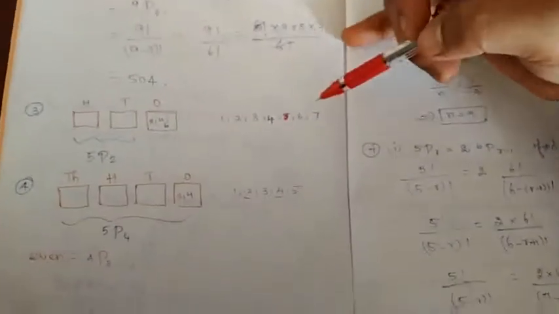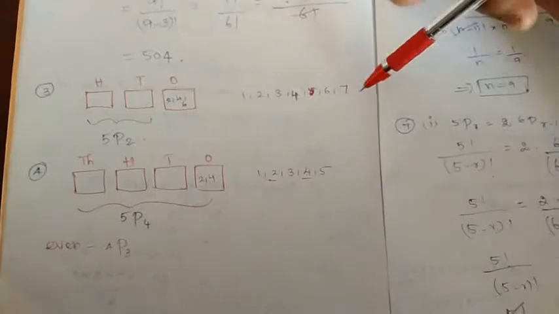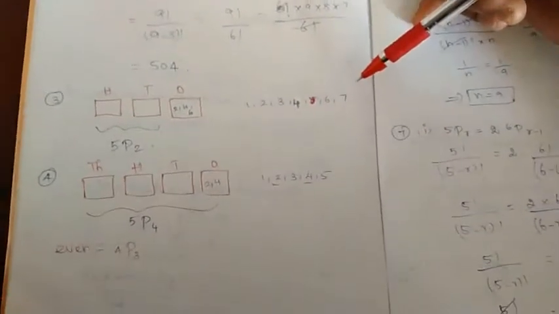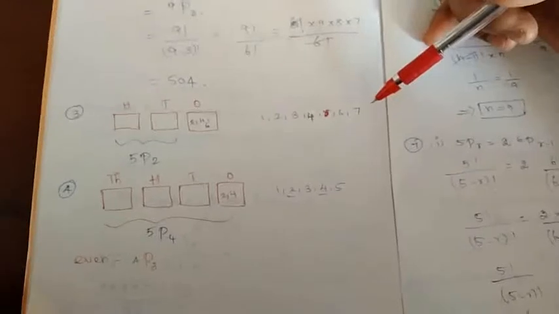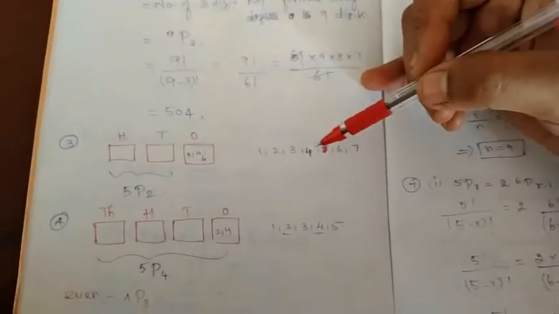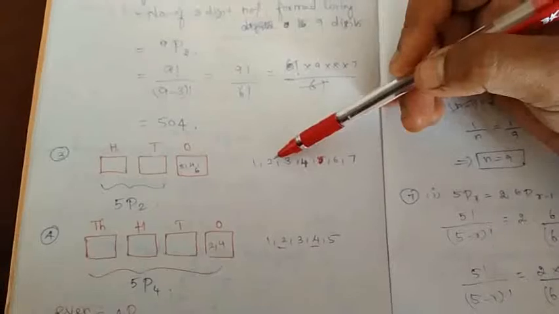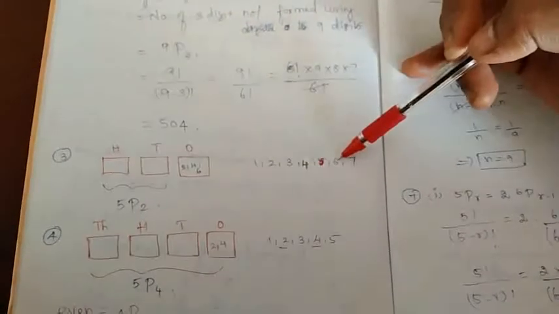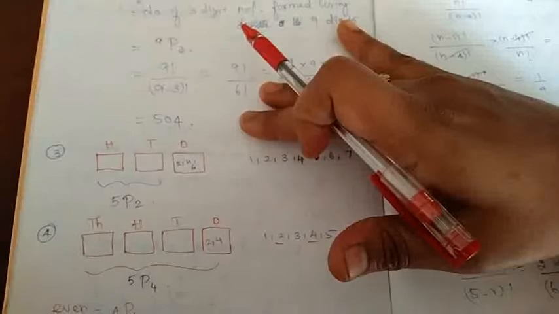Okay, let us see the third question. They have given you the digits 1, 2, 3, 4, 6, 7. These 6 digits are given and the question is how many 3-digit even numbers can be made using the digits if no digit is repeated. Here it should be an even number, so first we should give preference to the ones place. The ones place can be occupied by 2, 4 or 6. So it is fixed.